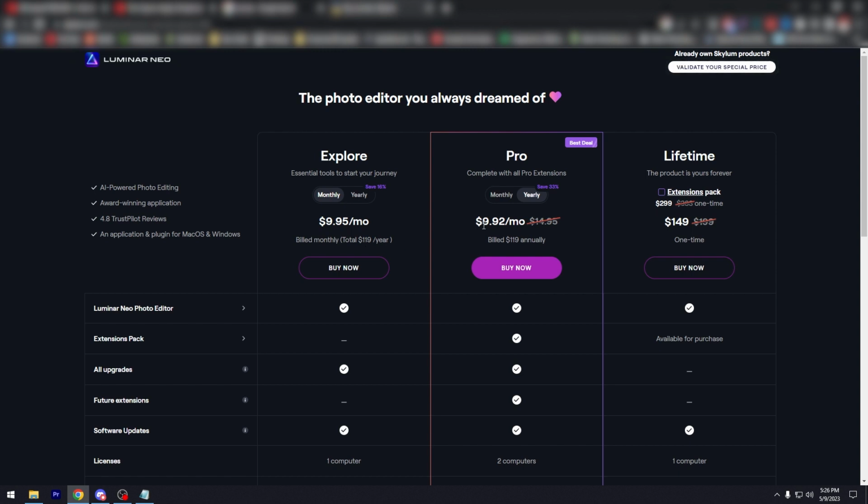The Pro has all the extensions. It's 9.92 a month. There's a deal here, say 33 percent, if you do the yearly billing, 99.99 annually too. So this is pretty much the same thing. So better go Pro. In lifetime, there is a lifetime one-time payment of